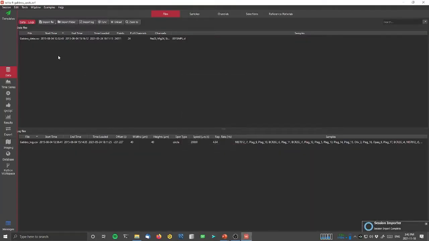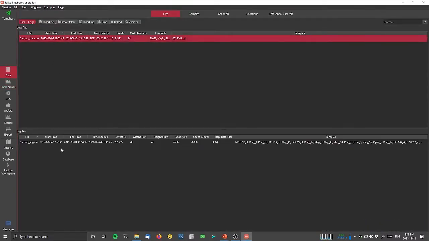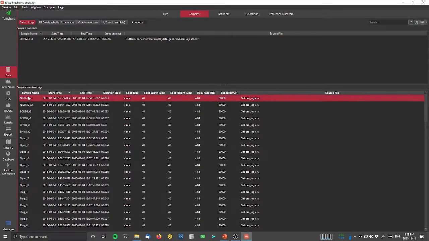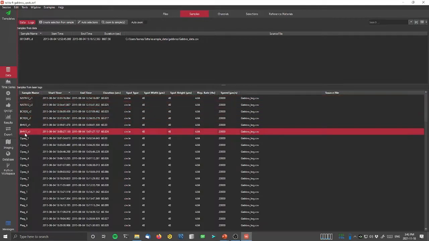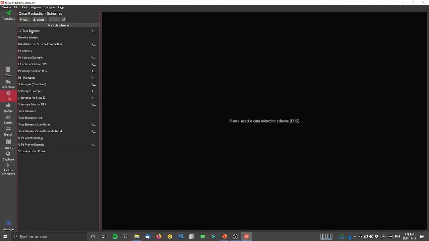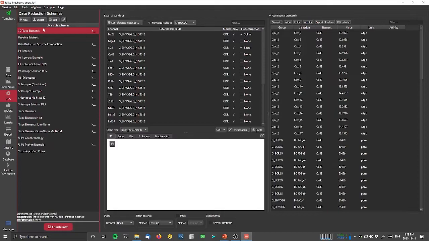And what we're going to look at here, if you open it, you can see that there's just a single laser log file and mass spec file. And again, you can see that we've measured some reference materials, and then we've measured our unknowns, and we have several blocks of those. If we go to the DRS settings and click on our DRS,